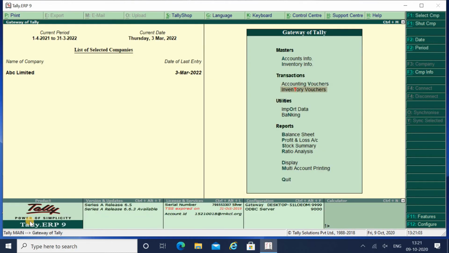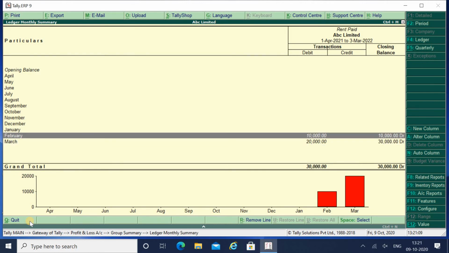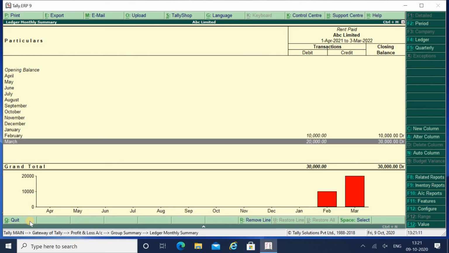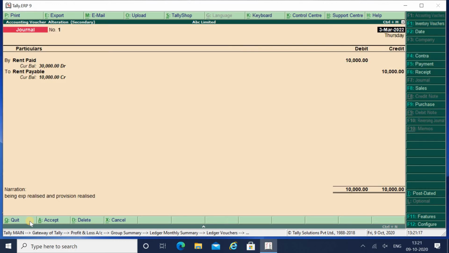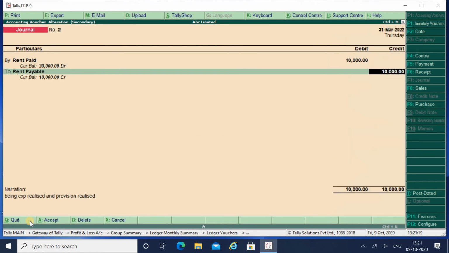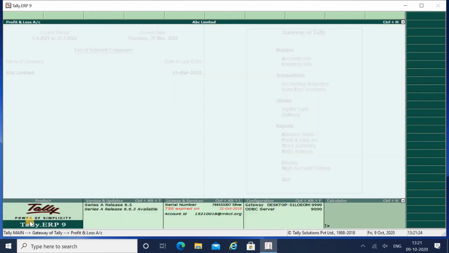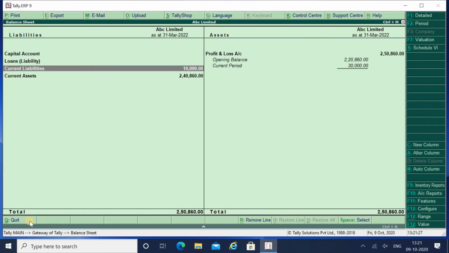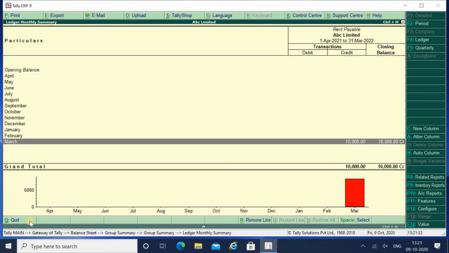Now what will be the effect of the same? First of all, go to profit and loss account, go to indirect expense and rent paid. You can see that we have made a payment for the month of January, and even for the month of March, and this rent payable is reflecting on 31st March about the provisions. So you will get two entries over here. Next, in our balance sheet, go to current liabilities, provisions, and rent payable. You can see that you have made a provision about rent payable, and hence our expense is also shown in the profit and loss account, and we have realized our rent payable also as a provision.